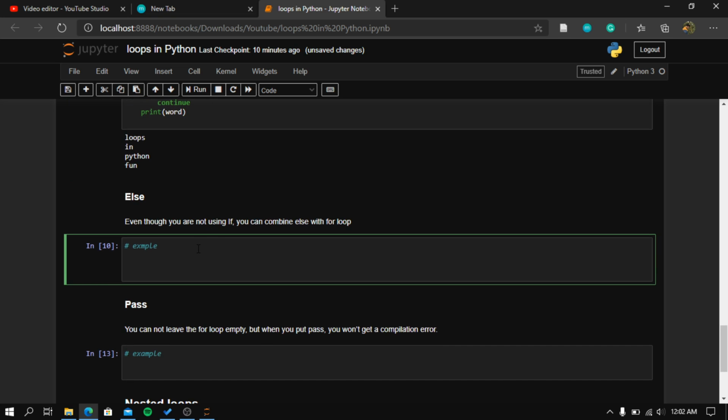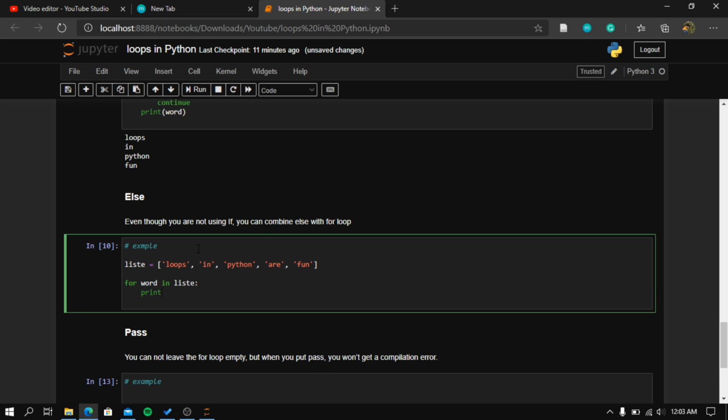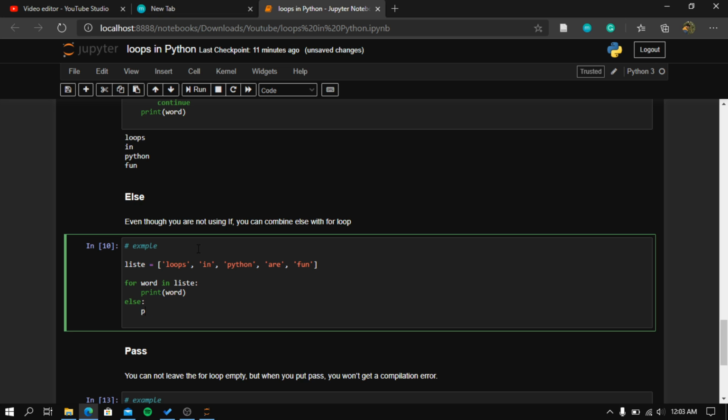Right, so let's go to else. Even though you are not using an if-else statement, which is a conditional statement, aka decision tree, you can combine else with a for loop, right? And whenever the loop finishes, the else statement is printed. Let's copy paste the list here, and then let's say for word in list, print word, else print